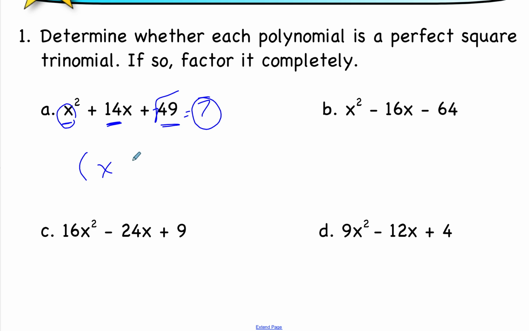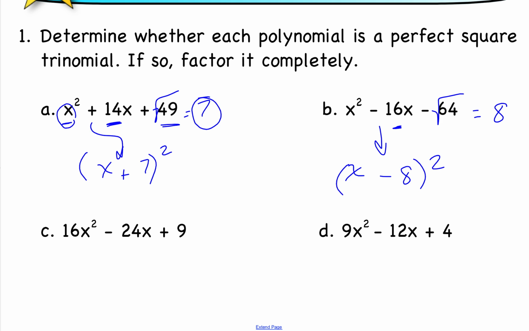So we would want to write that as x plus 7, the quantity squared, and the sign is going to be whatever is on the first sign there. Over on the right-hand side, the square root of 64 is going to give us 8. So if we double 8, we do get 16. So this one will factor as x, and because the sign is minus, x minus 8,